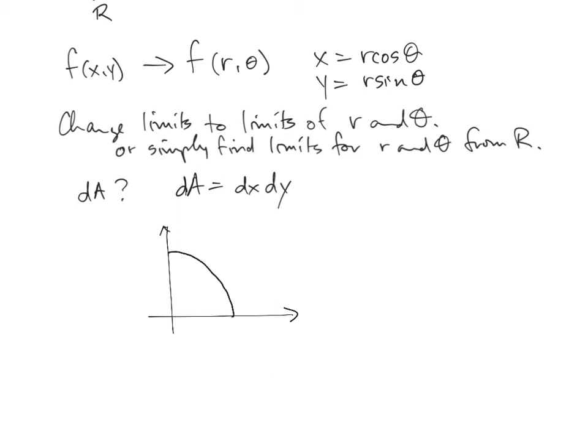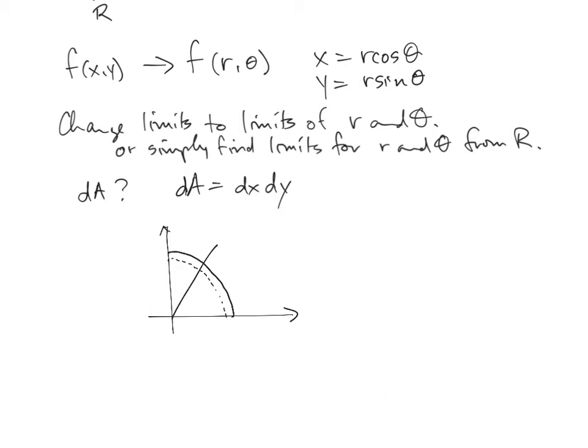Well, we're going to be integrating in the r and theta directions. So that means we're drawing a line kind of like this. And we're looking for dr and d theta, which means a small difference in r and a small difference in theta. Well, if I draw another circle like this,